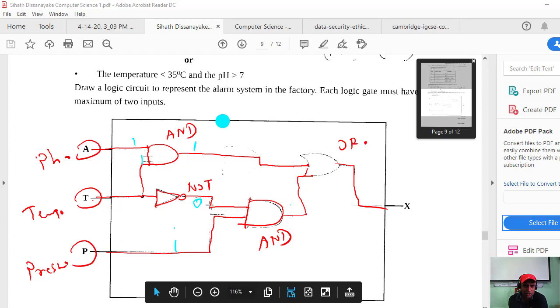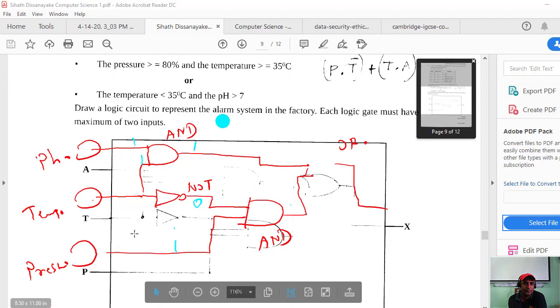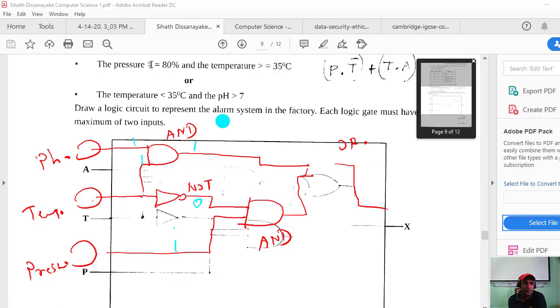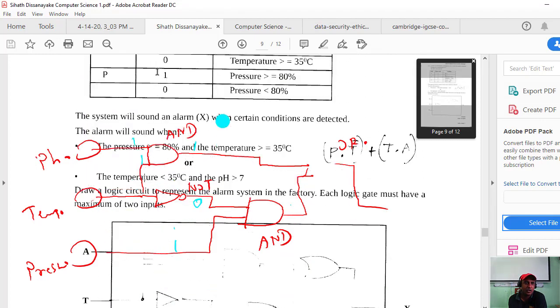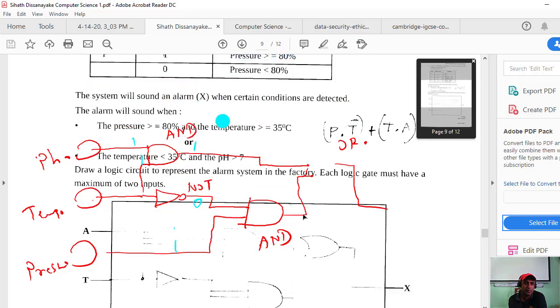I am saying that this is AND, pressure and temperature. Both should be satisfied. Pressure is greater than or equal to 80, right? Then pressure greater than or equal to 80 means here 1. That is okay, no? I am asking about the next one.